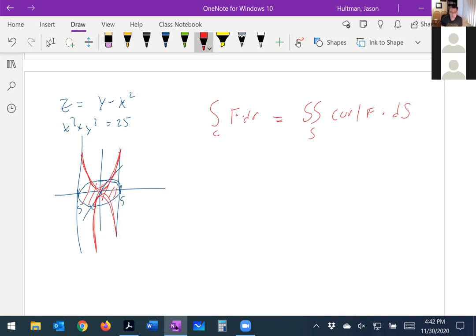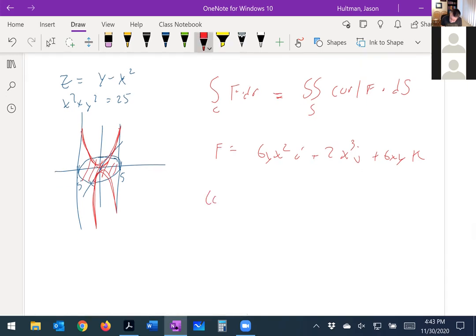Good. Okay. So let's find the curl of F in this thing. Well, first, what's F? F is equal to 6yx squared i plus 2x cubed j plus 6xy k. Good. Okay, so let's find the curl of F. Curl of F is equal to